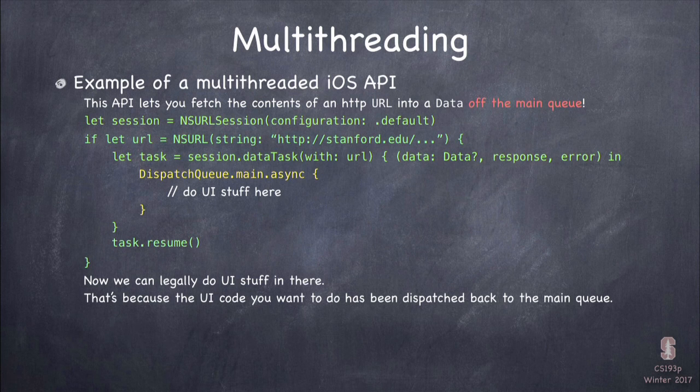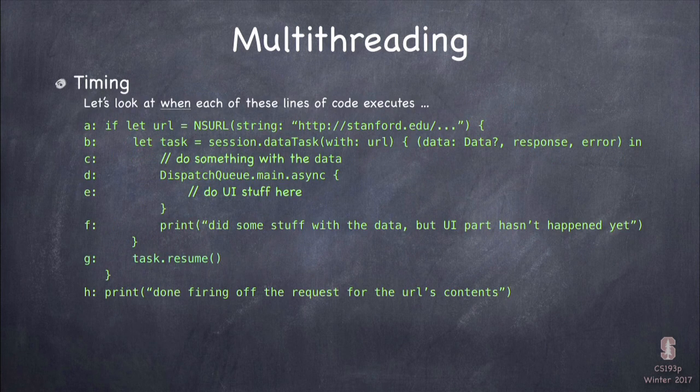All right, so let's go through. I want to show you the timing of each of the steps of this code right here so you can see what's happening when, because multi-threading is really a lot about when. And it's the when that can confuse people when you're doing multi-threading. So obviously the first line of code is that let URL, get the URL, so now I have the URL.